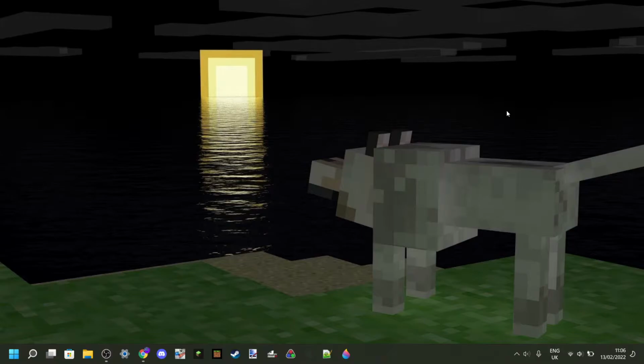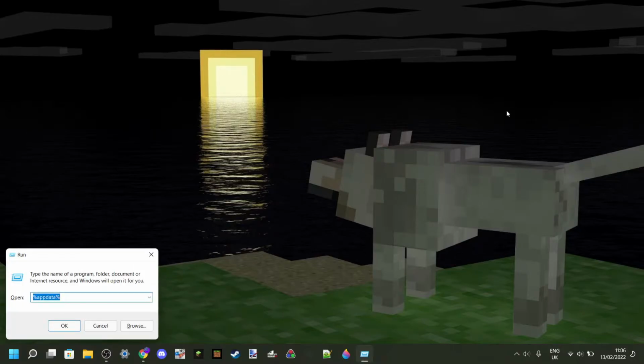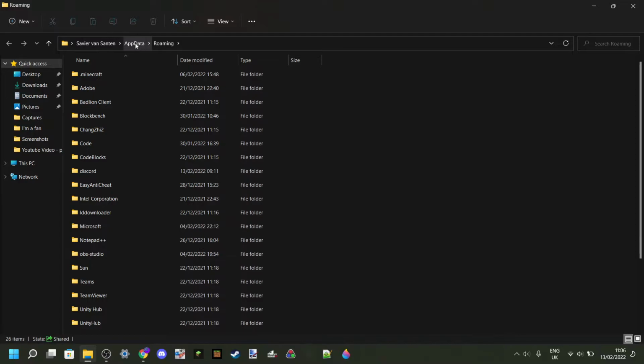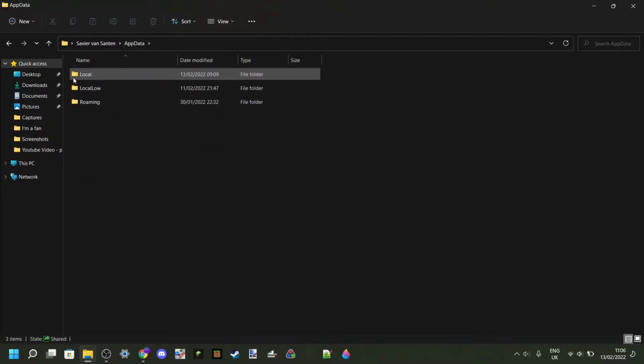The first thing that you want to do is type Windows R on your computer, and then this little box over here should come up. You want to type in %, appdata, and then another %. You can hit OK, and then you should be brought into this folder right over here called AppData, and